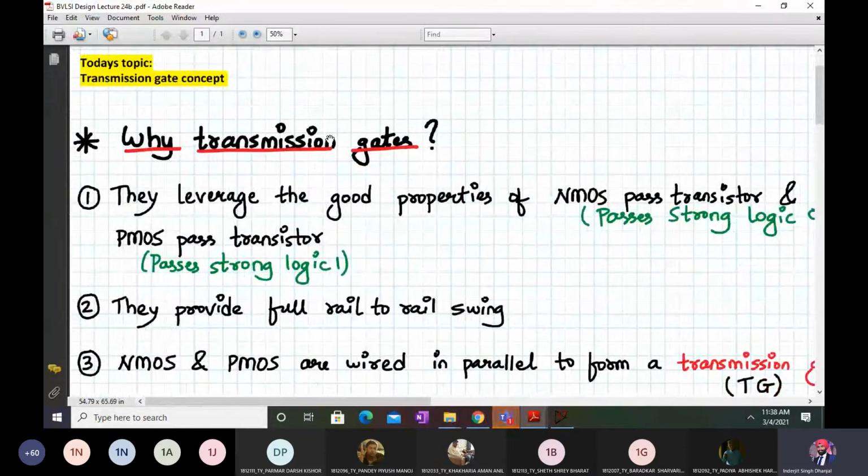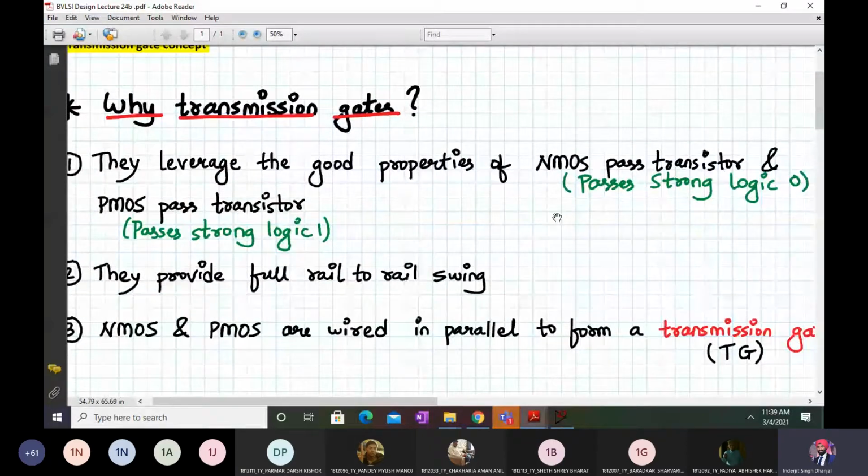So now we move on to the next topic, the last logic for static logic gates: transmission gates. What are they? We know there is a limitation of NMOS pass transistor logic, that it cannot pass a strong logic 1. And we also know there is a limitation for PMOS pass transistor logic, that it cannot pass a strong logic 0.